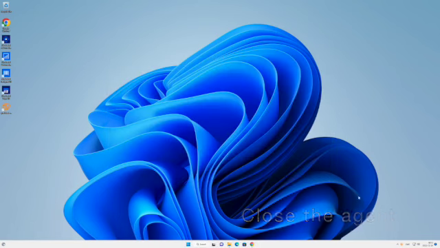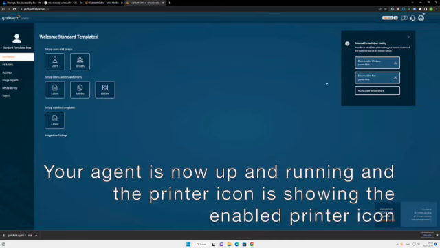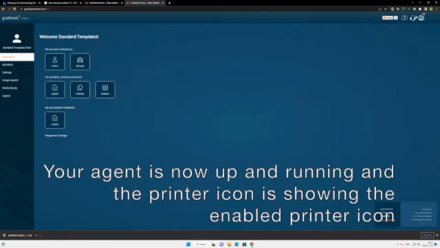Close the agent, verify that it's running in the activity bar, open the web app again, and now the printer